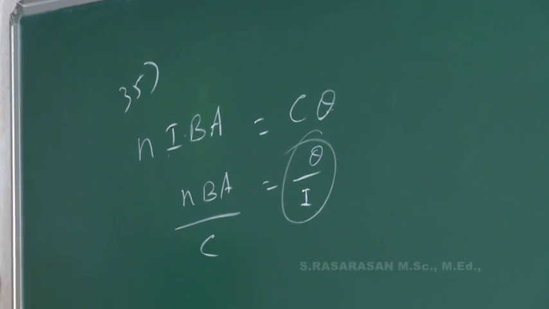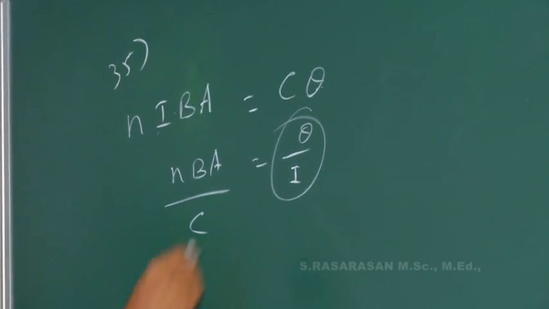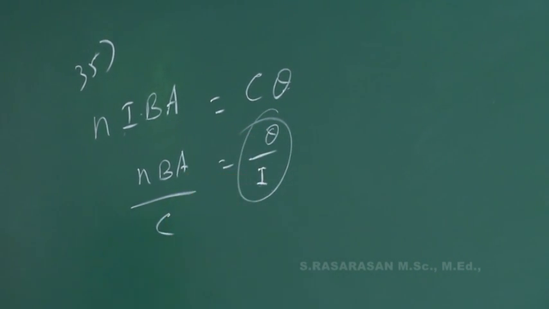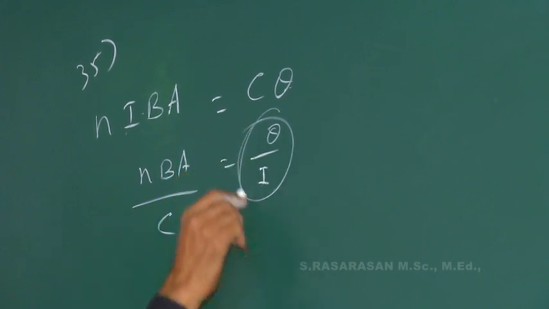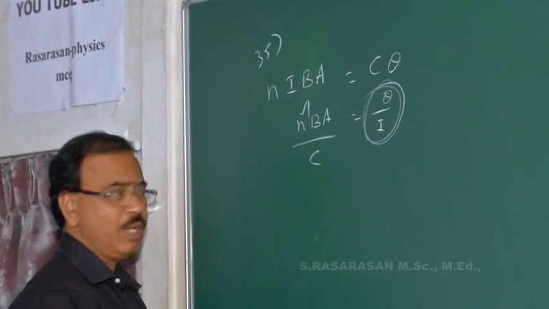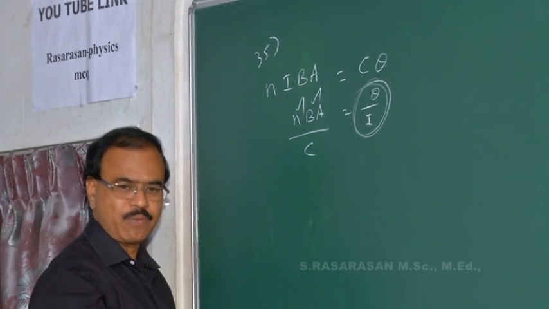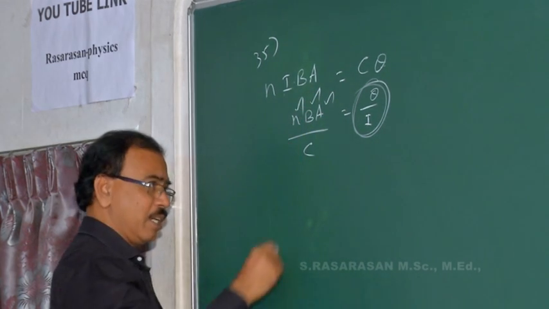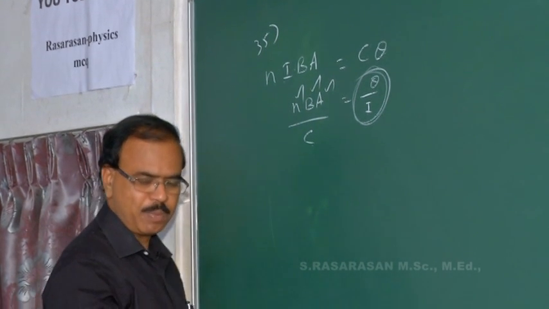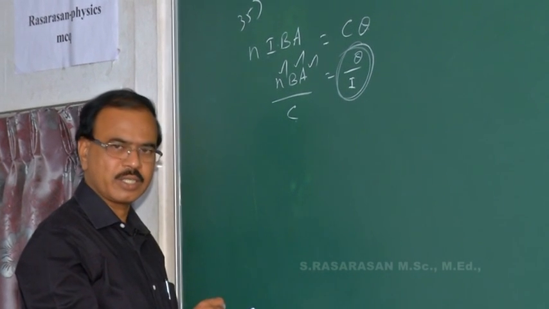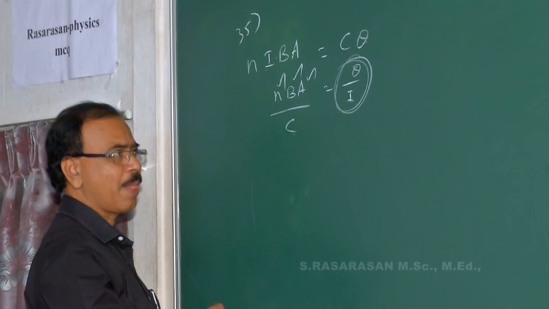We call this the current sensitivity. Deflection produced per unit current is defined as current sensitivity. Current sensitivity is directly proportional to the number of turns, directly proportional to the magnetic field, directly proportional to the area of the coil, and inversely proportional to the couple per unit twist, or restoring constant, or torque constant.